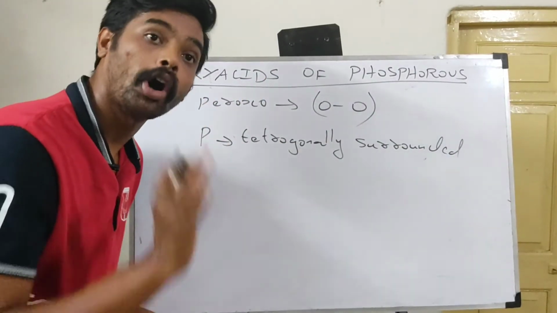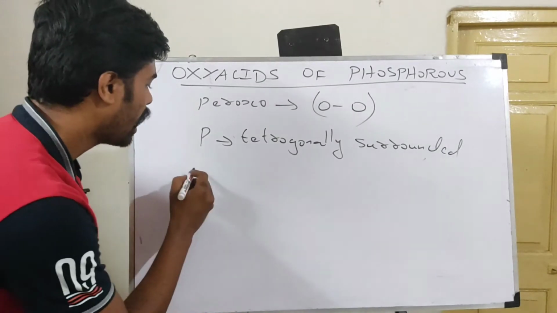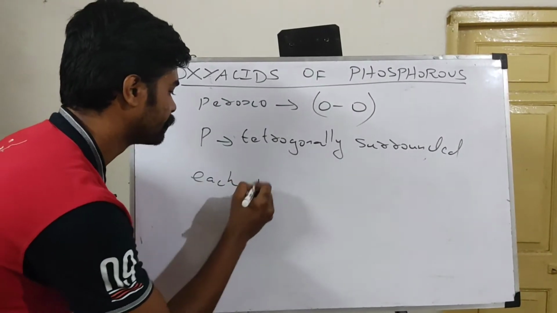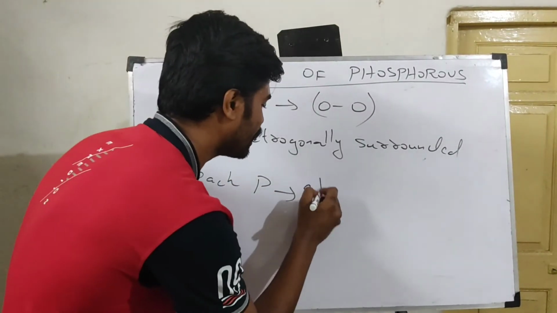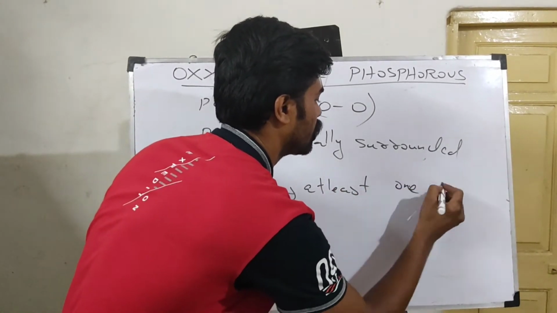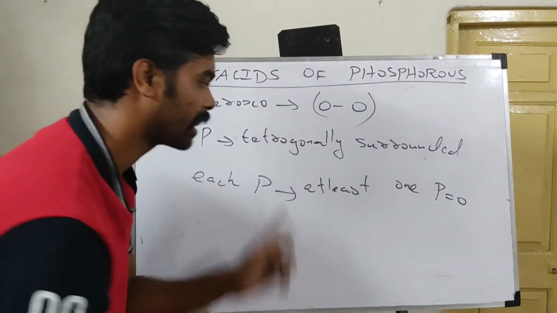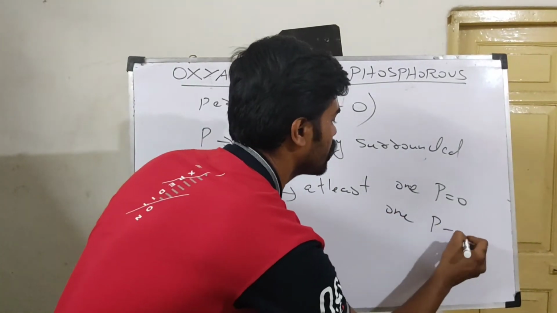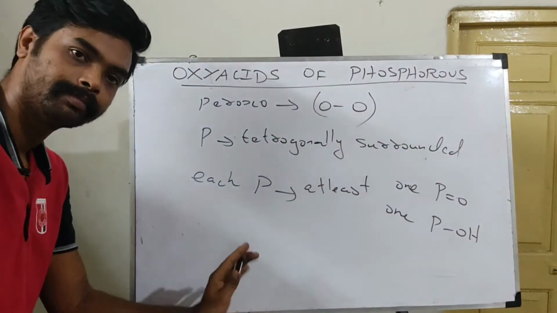And one more thing about all the oxy acids of phosphorus is that each phosphorus atom will have at least one P=O